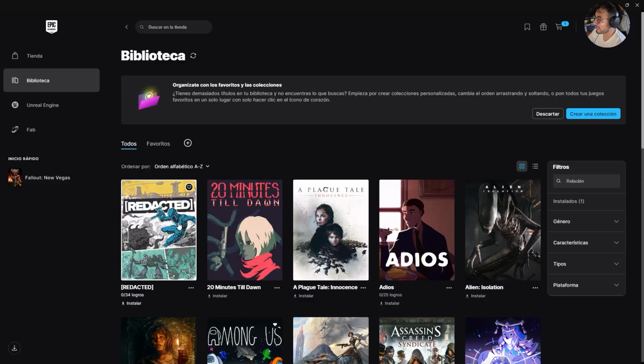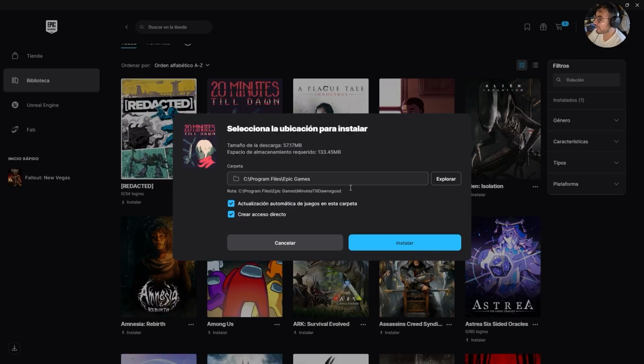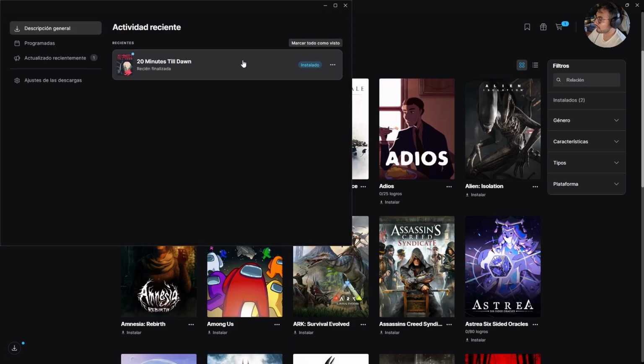We have many options, and when you want to download a game, for instance, I'll download this one. It's not too big. I click it. Here you can select where it will download. In my case, that's perfect. I click where it says Install, and it's very important that you leave this open so it updates automatically. We click Install. We'll say yes if it asks for specific permission, and well, here we can see the download's